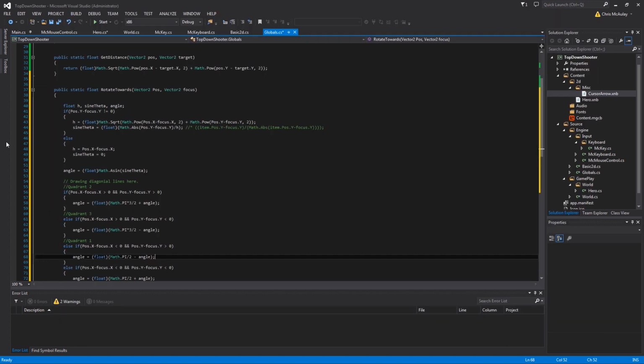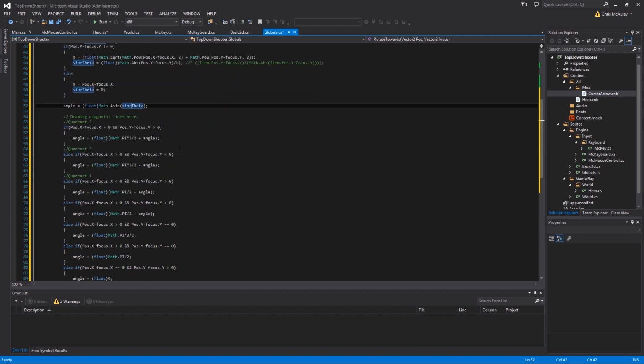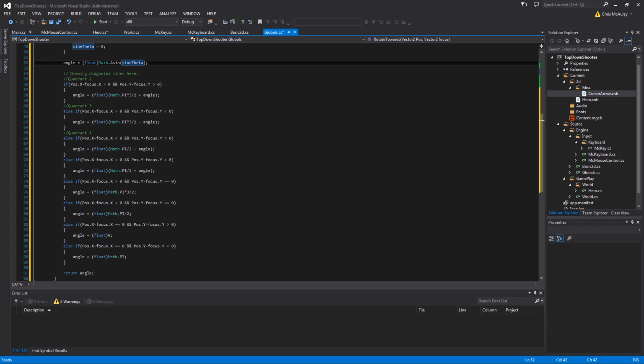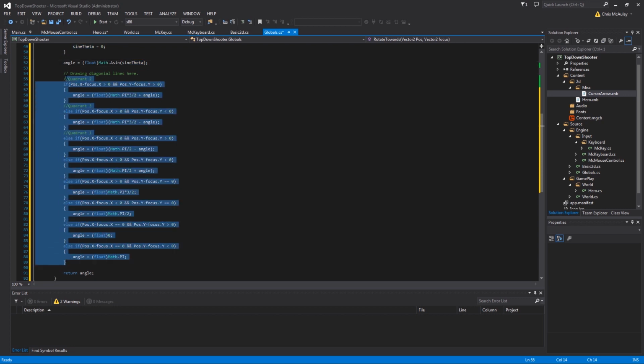Maybe there'll be more explanation needed, but essentially this is where we do the geometry portion to get that first angle. There it is. It's the arc sine of sine theta, which we get here. And then you're going to have the quadrants. Remember I told you you have to worry about the quadrants and you have to add to them based on the quadrants. These angles are added to fix